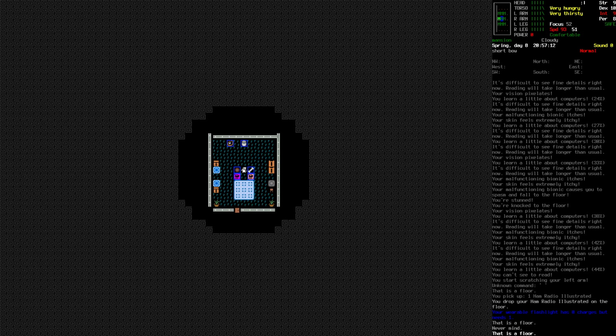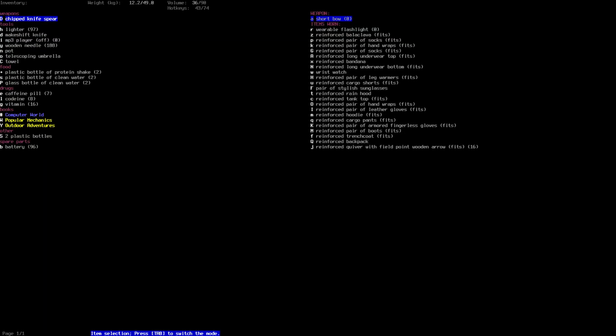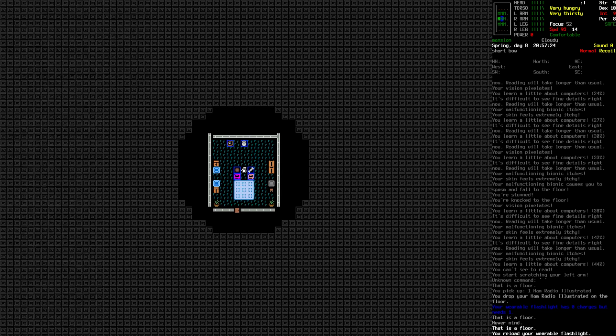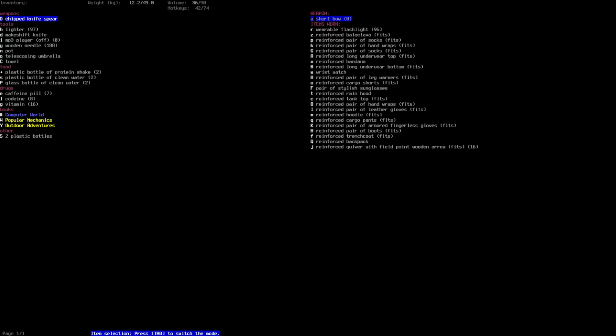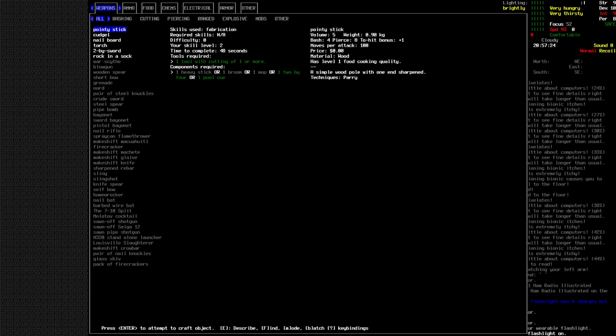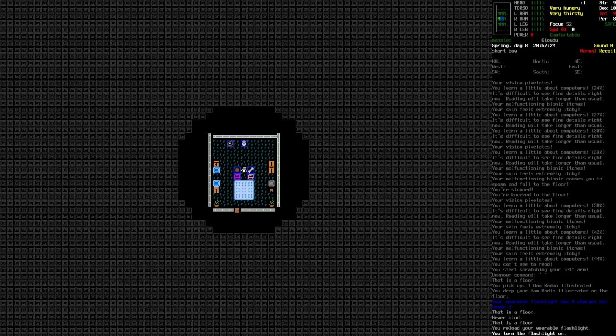There we go. Now we're going to reload the wearable flashlight. Let's go ahead and reload that. Then activate it as well. There we go. Light is on. Now, I should... Oh, actually...